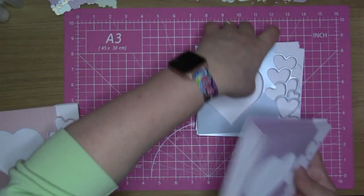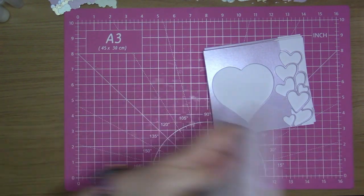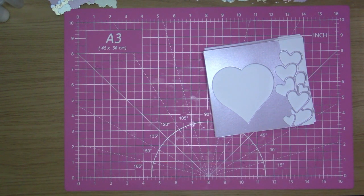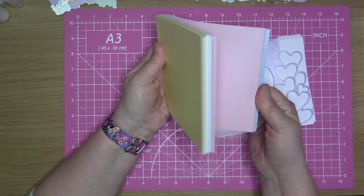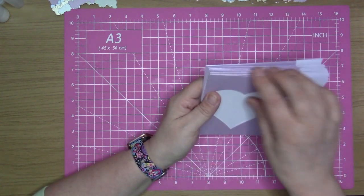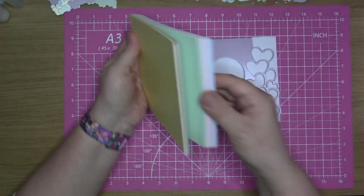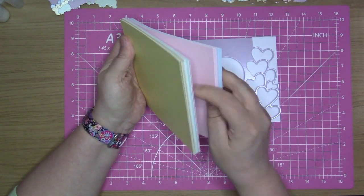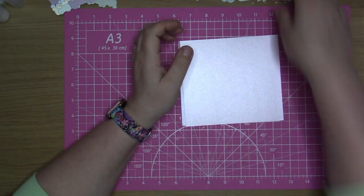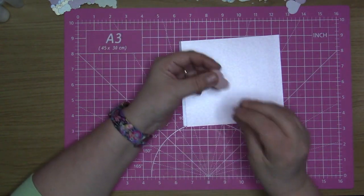Okay, I'm just going to move some of these out of the way because I do not need all of them at the moment. And then I have these bits here that are the bits that are going to go underneath the hearts on the front of this. So I'm going to start off with this purple one, put that to the side, and then the corresponding bit that I need to go into the inside is the pink, and then I need the pink and the purple heart,